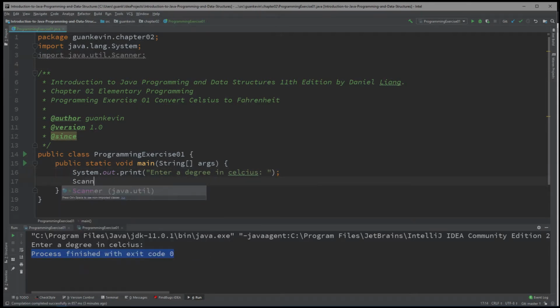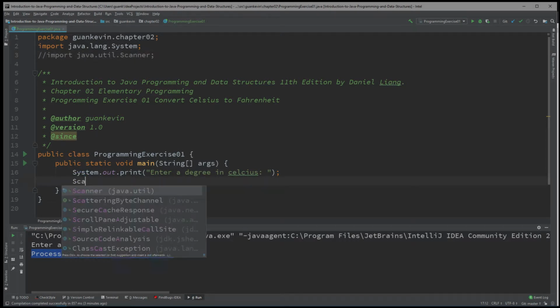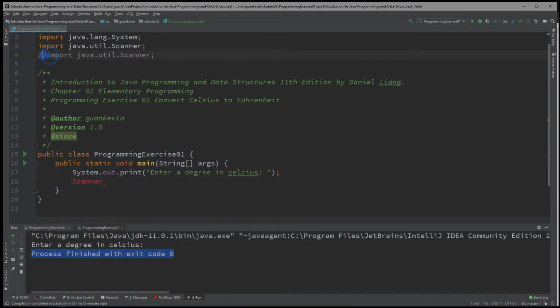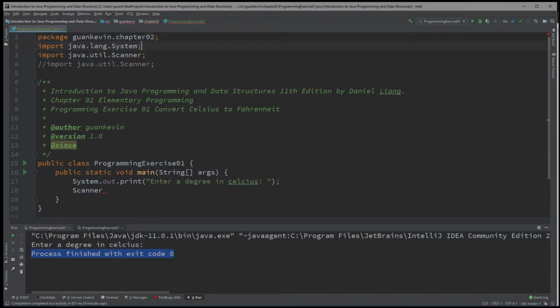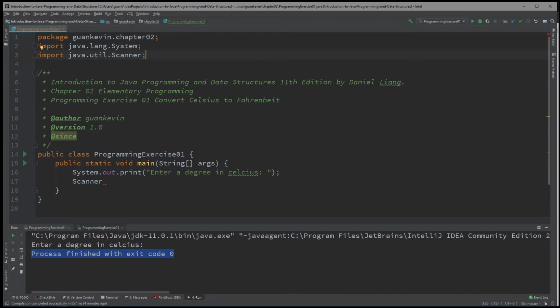So you can see Scanner, I could type all of that out without it becoming red. If I don't do that, let me see if it works with showing you that in IntelliJ. Well, IntelliJ automatically knows java.util. Otherwise it should automatically import that right here. See, it keeps automatically importing, so I can't show you on IntelliJ. Anyway,